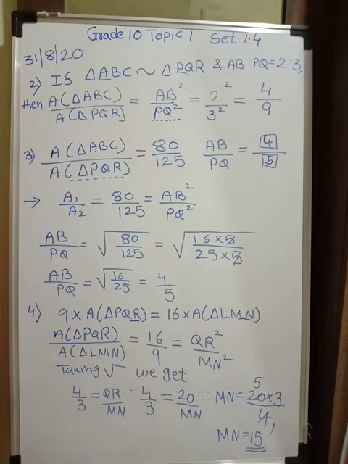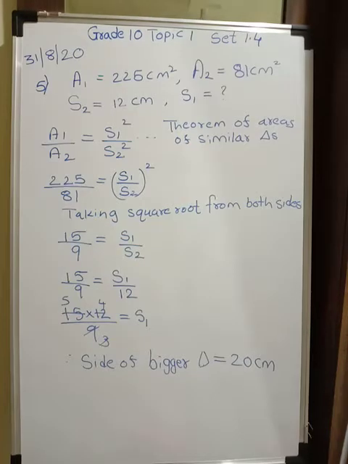So these problems are very easy and all are based on a single theorem, that the ratio of areas of two similar triangles is always equal to the square of their corresponding sides. Mind well, triangles should be similar. Okay, so you can pause the video and take down the problems. Problems you need to take from the text, answers are over here. Okay, let's go for another sum.